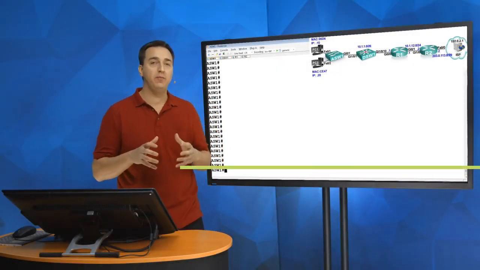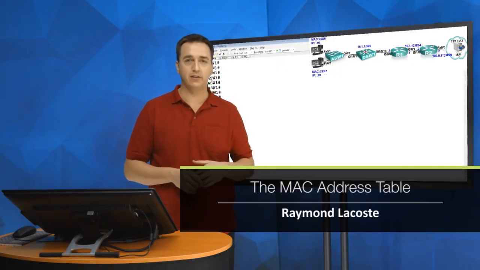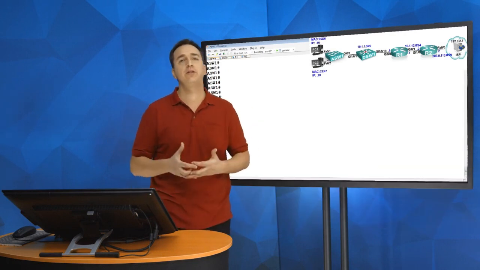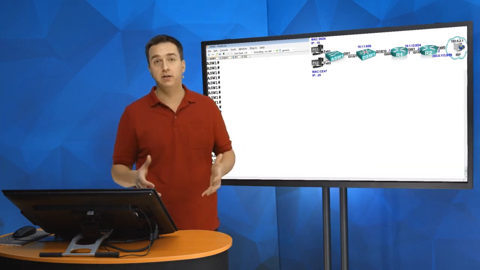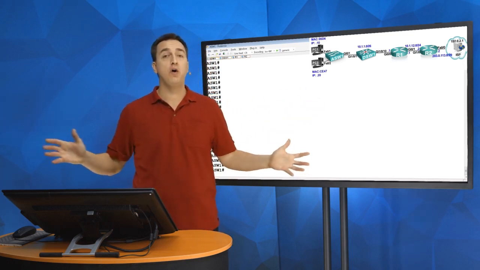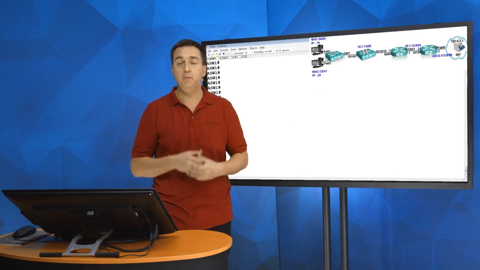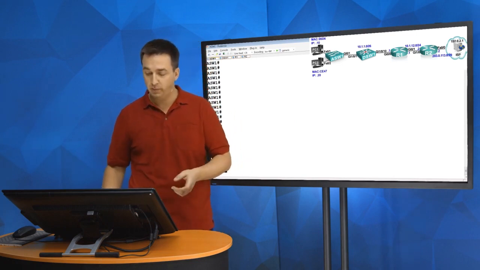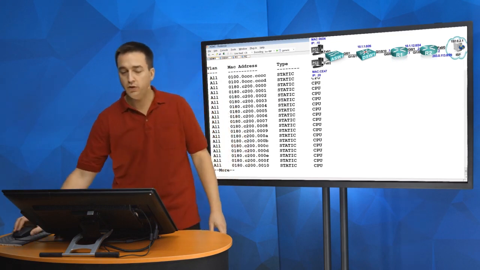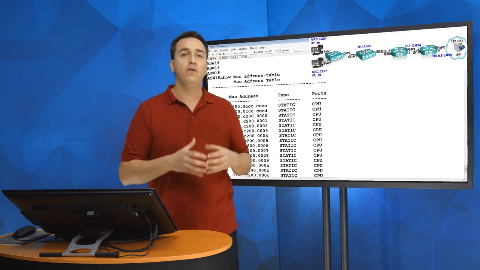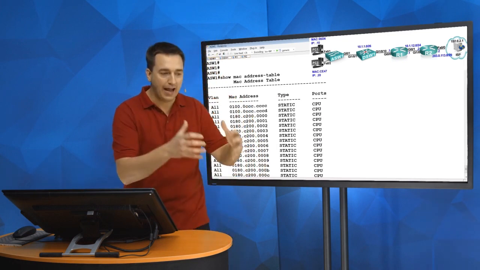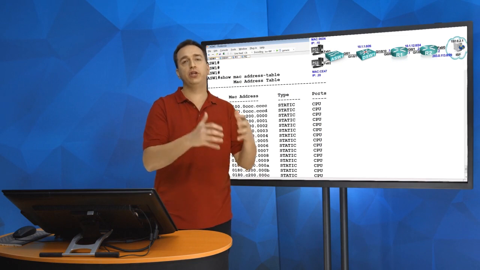The MAC address table is the most important table on our Catalyst switch. Why? Because it tells the switch what to do with frames. Without the MAC address table, our switch would be no better than a hub, a device that just floods information out all ports except the port it came in on. But because of the MAC address table, which we can view by typing in show mac address-table, we have the ability to have efficient forwarding devices, because the MAC address table tells the switch what to do with